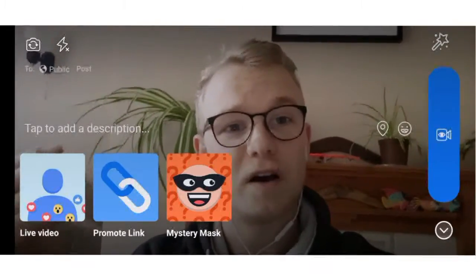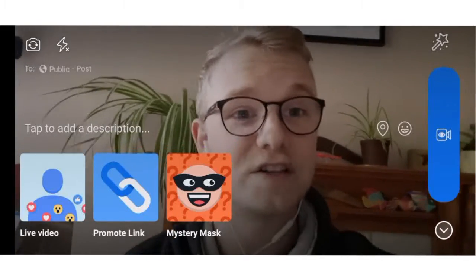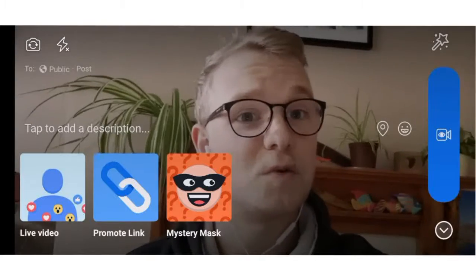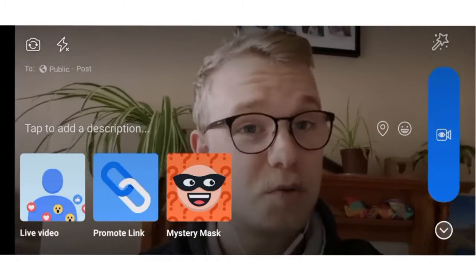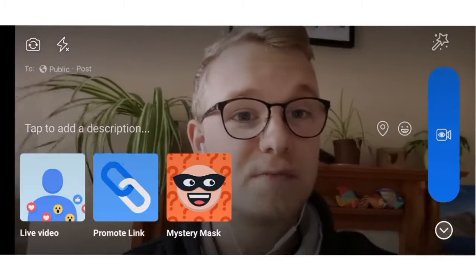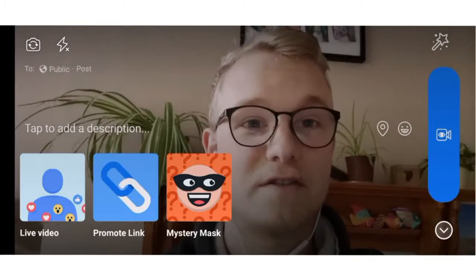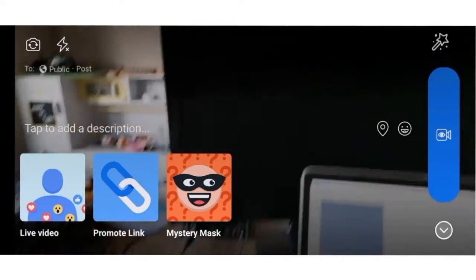But that's if we're on my face as well. This is using the front-facing camera as it's facing me. Most smartphones will have a front-facing camera and a rear-facing camera. And to switch between these, which you can do during a Facebook Live video, we're pressing this button up here in the top left-hand corner, which will switch the video. So you can